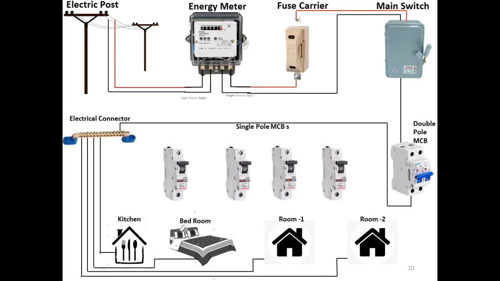Now if you want to run a machine, or light up your lamp, then definitely we must have two terminals, right? So the thing is, now the phase terminal, we need the first terminal. Now in our room, neutral supply is available, then we need the phase terminal, right? So the phase terminal, from the main switch, is connected to the double pole MCB. Then from the output at the bottom side, the MCB is given to all the single pole MCB inputs. See, all the single pole MCB input terminals are connected, right?